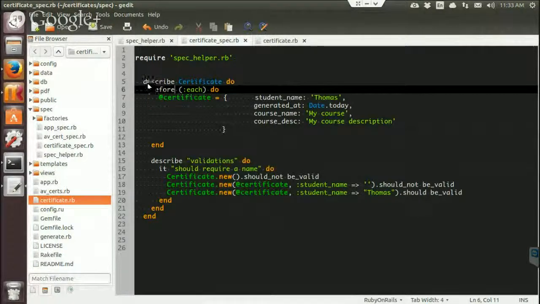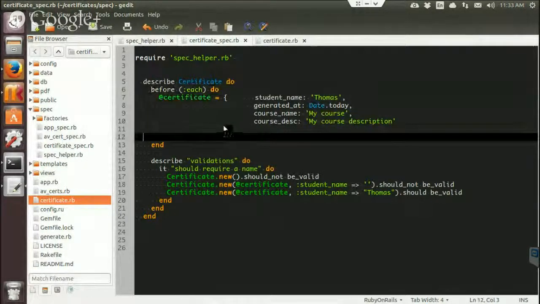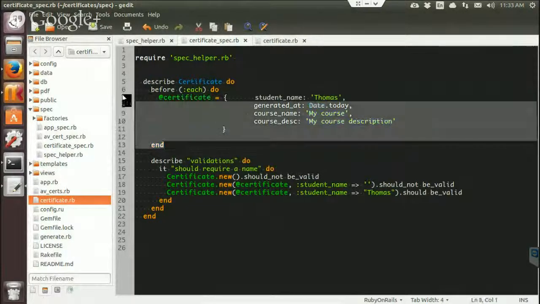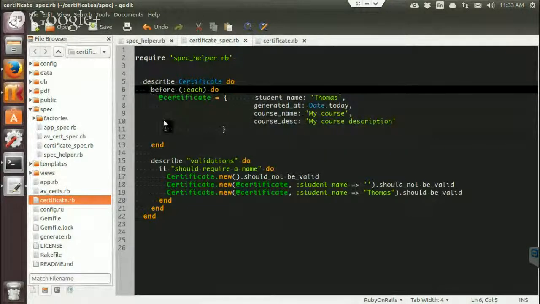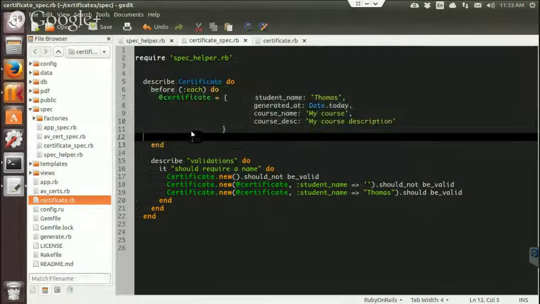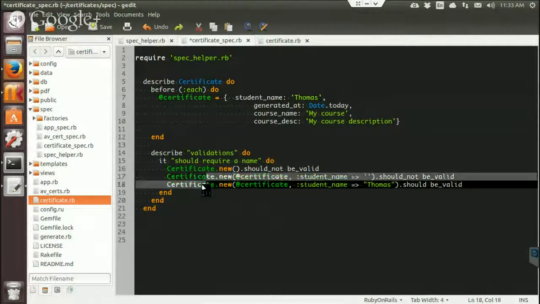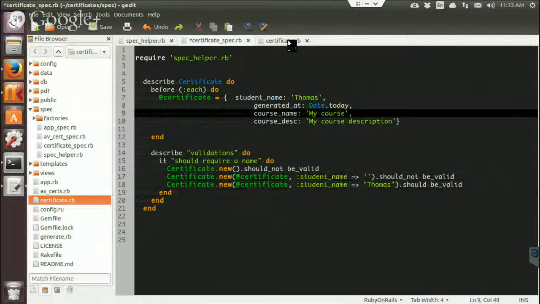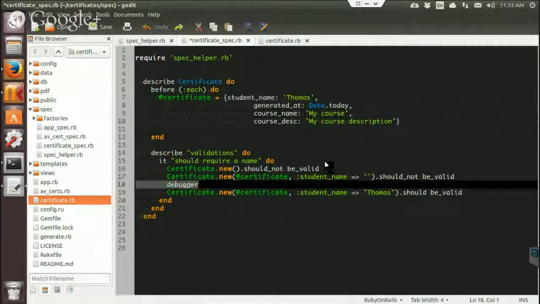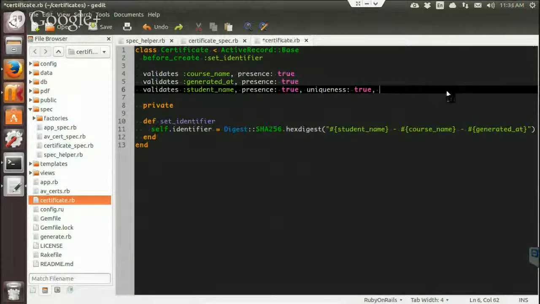Right. Why am I doing this? What I really want to do is, if you have a look at what's happening here, these are the tests that were there from before. Like this should not be valid. But don't think about this, it's just me playing around. I'm not attached to any of that code. Just try out something on the console.